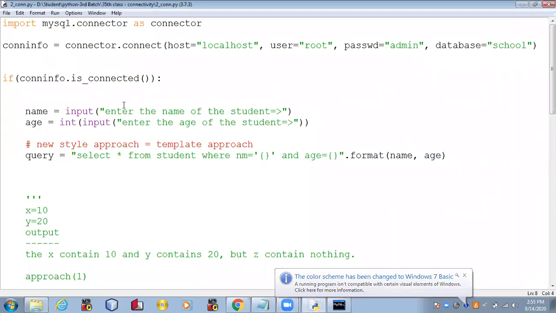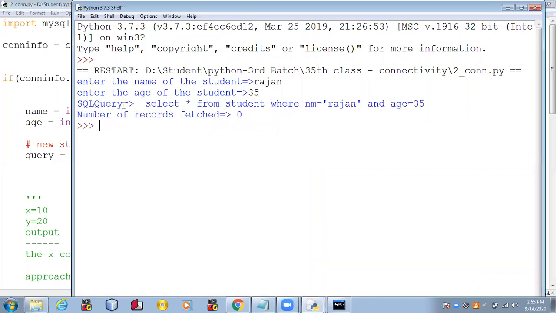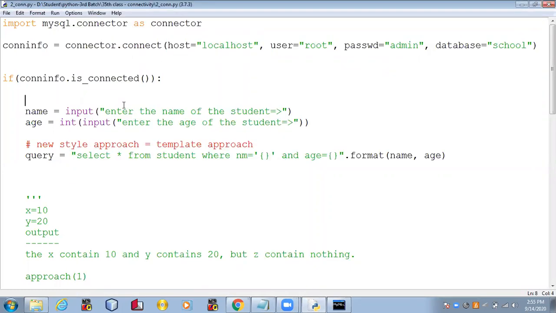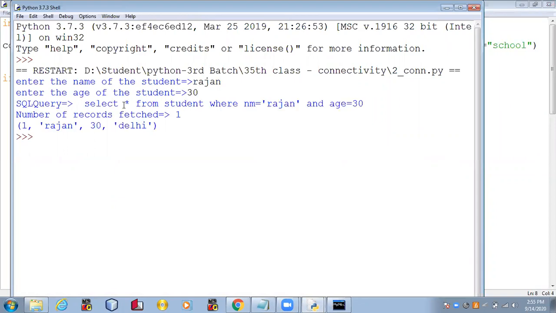Okay. So I'm going to run this program again. So this is Rajan and 35. Rajan and 30. See, so we have got the data from the MySQL. Only one record. There is a student Rajan having age 30, but there is another student whose name is Sanjeev and the age is 35.